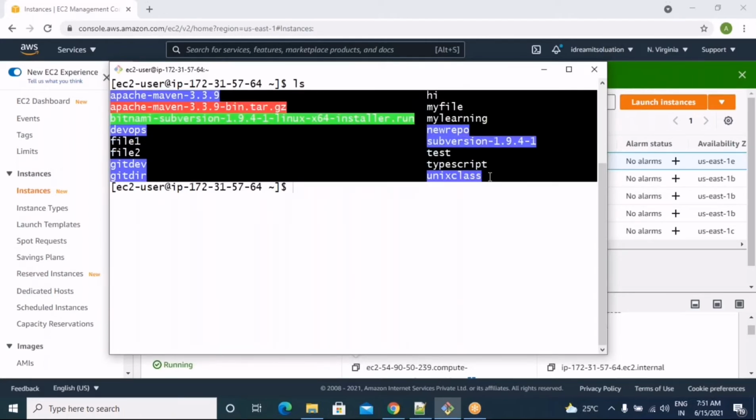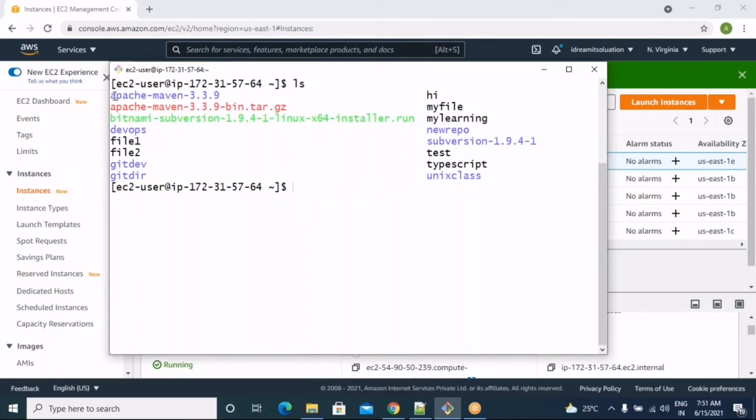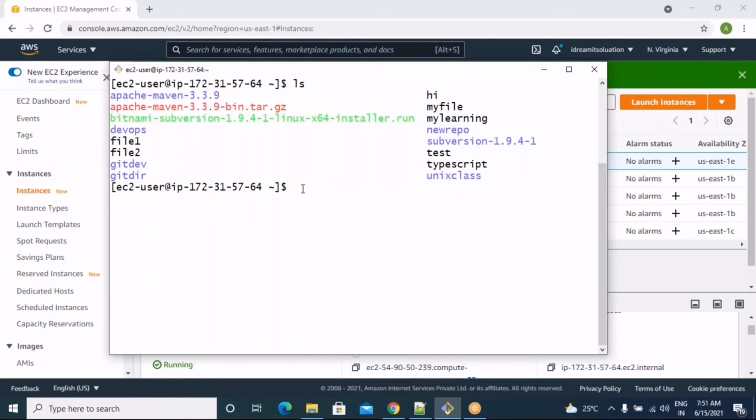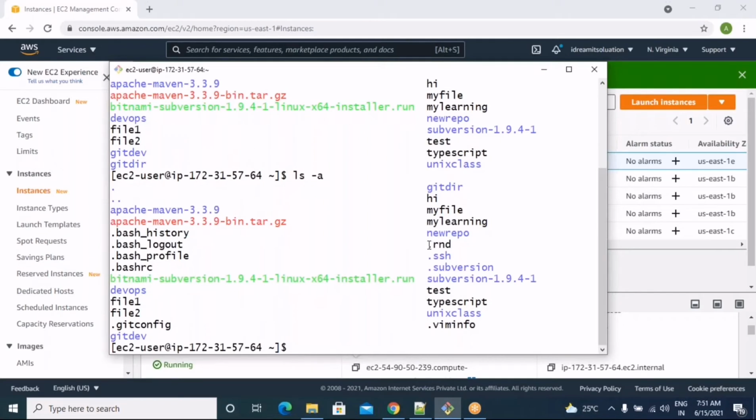Now let's say I'll put ls hyphen a. It will give you the hidden file list also, along with your normal files. See, these are all your hidden files and hidden directories.